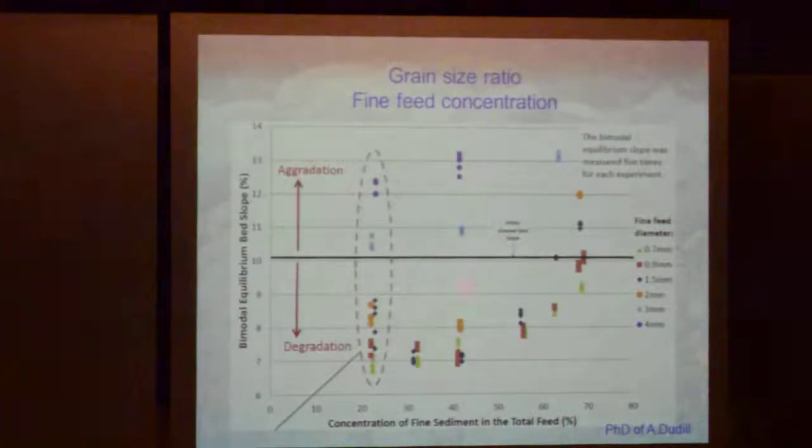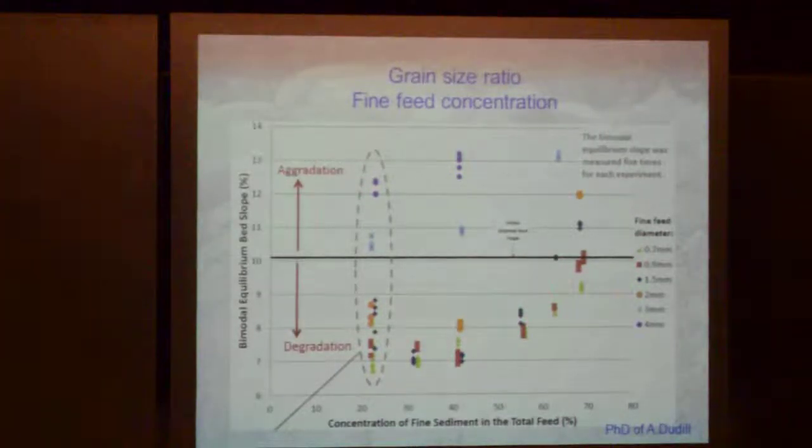So it is about 1.5 to about 7, the grain size ratio, and with different concentrations of fine feed. And what you can see is that above 3, between 2 or 3, we don't know if there is an aggradation. But what is interesting is that when we increase the fine feed, for low grain size ratio, it again aggrades. First it degrades, for example, for 2 millimeter here, and then here we have a point where it aggrades. Same for 1.5. For 0.9, above 50% of fine feed, 50% of the total,